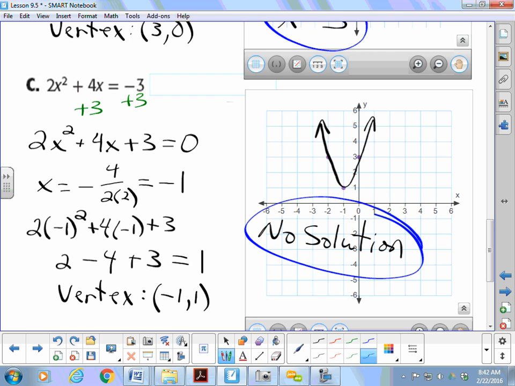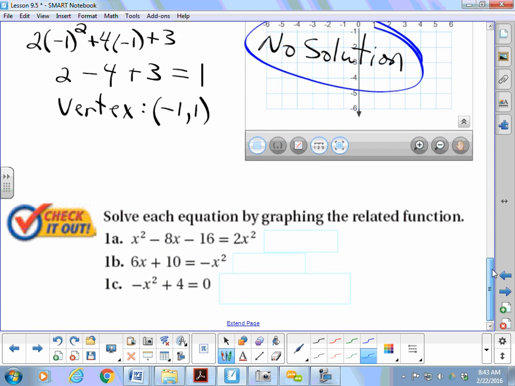So graphing it correctly makes a big difference. You've got to make sure that you graph it correctly. Make sure that when you're putting the vertex there and the y-intercept, you go the other way from the y-intercept to get that other point. So always verify that you've graphed it correctly, opening up or opening down. Okay. All right, so I want you to do